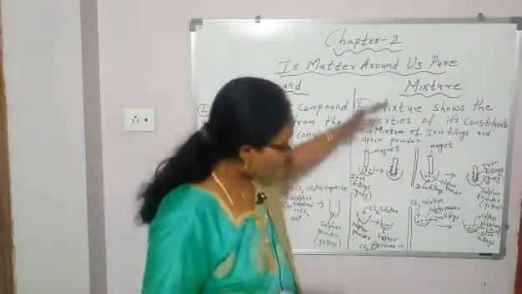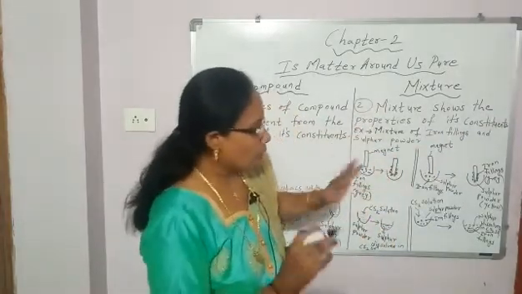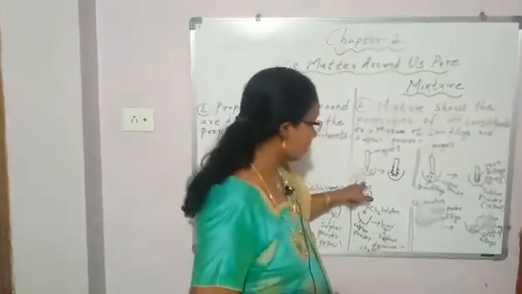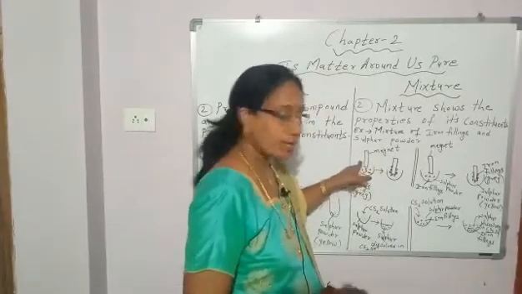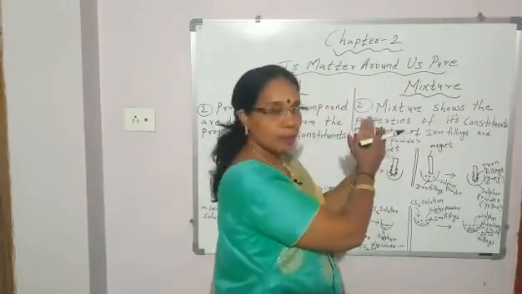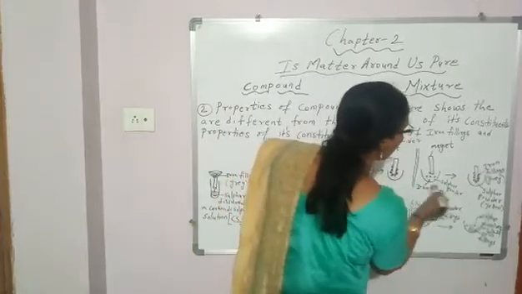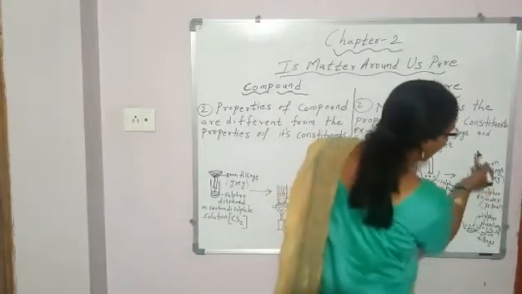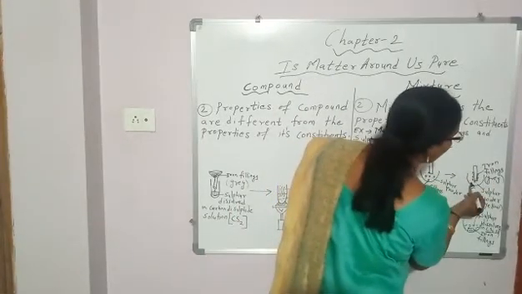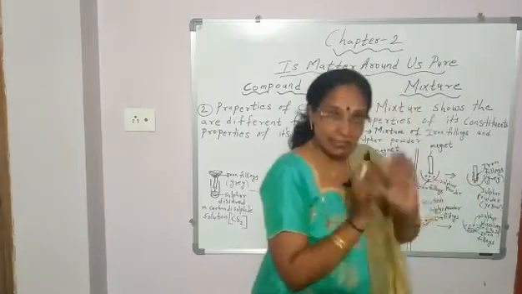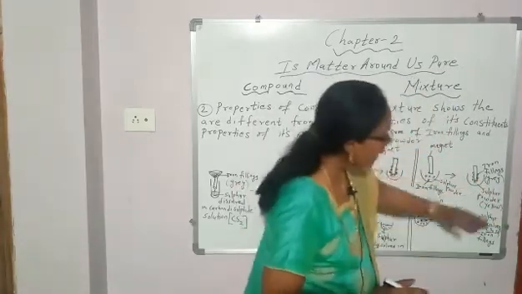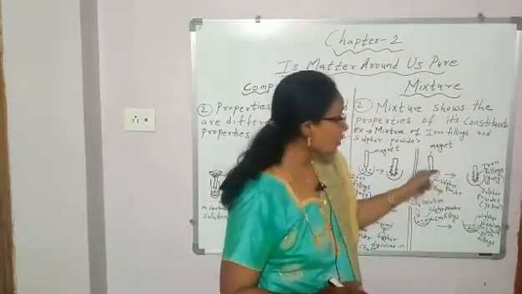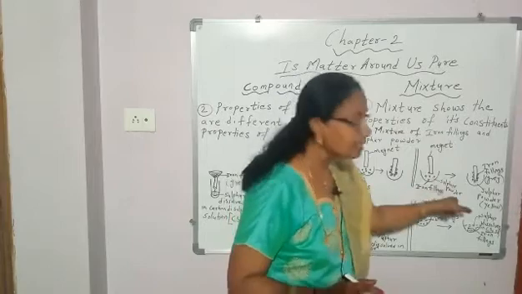And by this example, one more thing becomes clear. Look here. What is the property of iron filling? When you bring a magnet, iron filling gets attracted. So to this mixture of iron filling and sulfur powder, when you bring a magnet, iron filling gets attracted to magnet and what is left behind? Sulfur powder. This way, you are able to separate the constituents of this mixture.